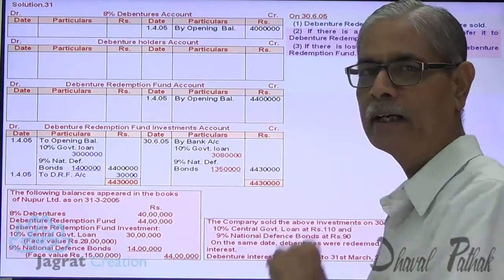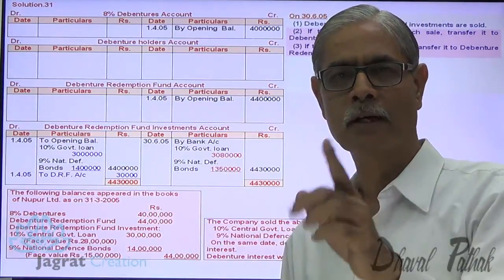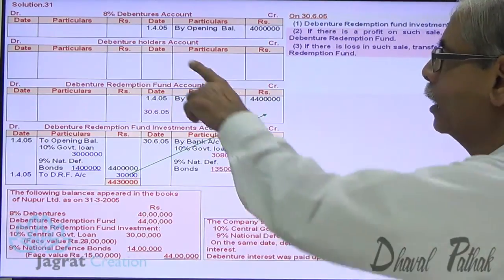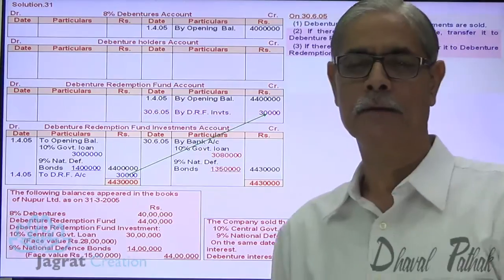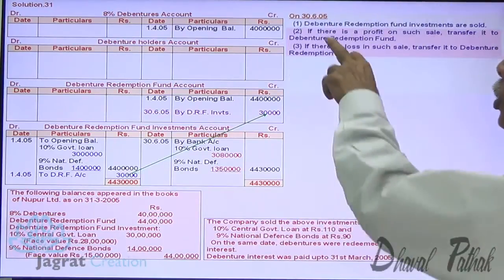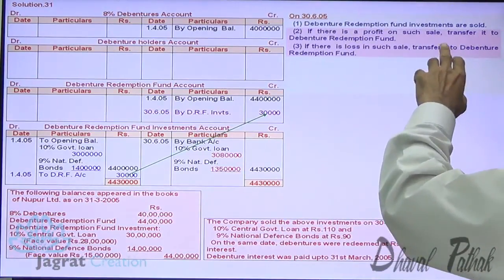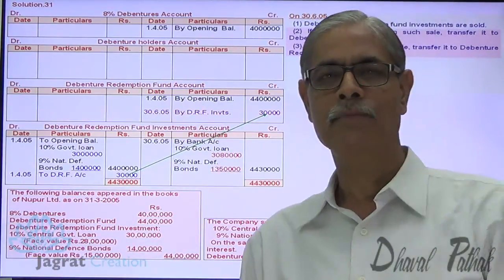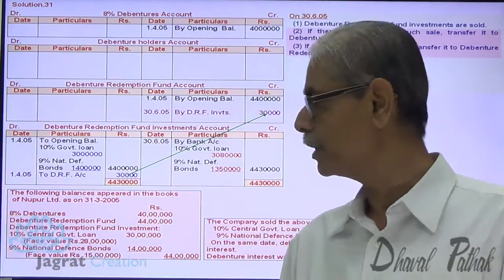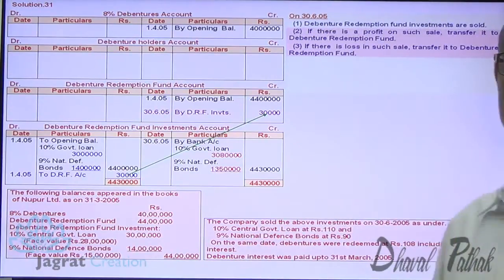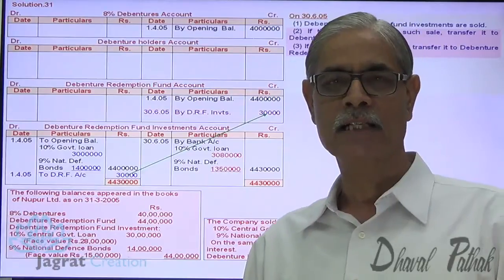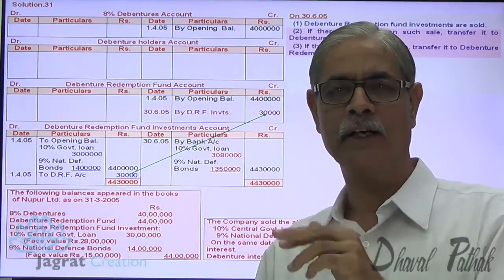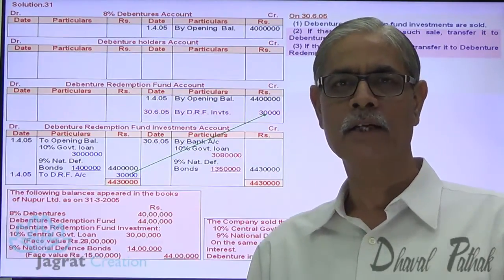Here there is a loss of 50,000. Here there is a profit of 80,000. 80,000 profit, 50,000 loss. Net profit 30,000. That is transferred to debenture redemption fund account. Notice it. So if there is a profit on such sale, transfer to debenture redemption fund. If there is a loss, transfer to debenture redemption fund. That's an important consideration. Now, these three transactions, one sale of investment, transfer of profit and loss to debenture redemption fund, is done. Next,